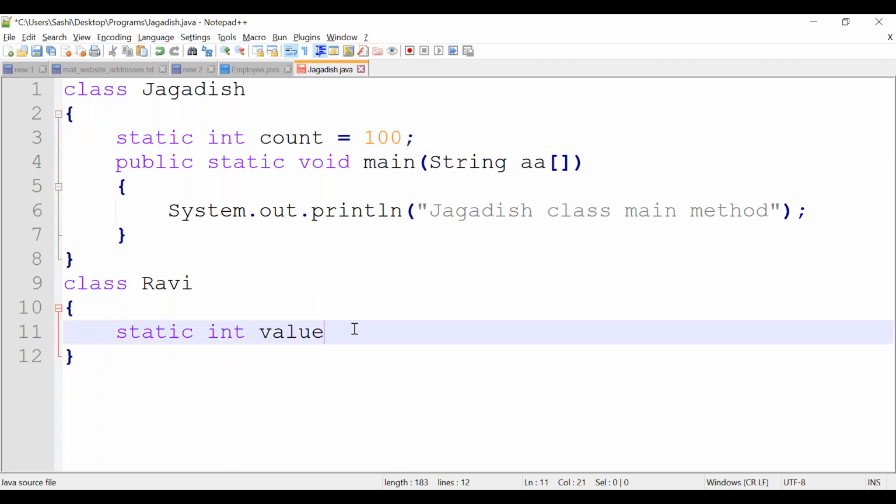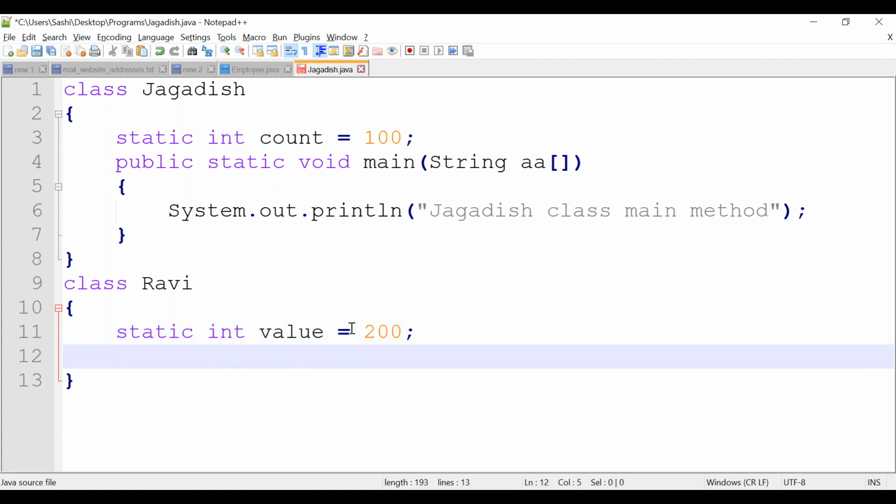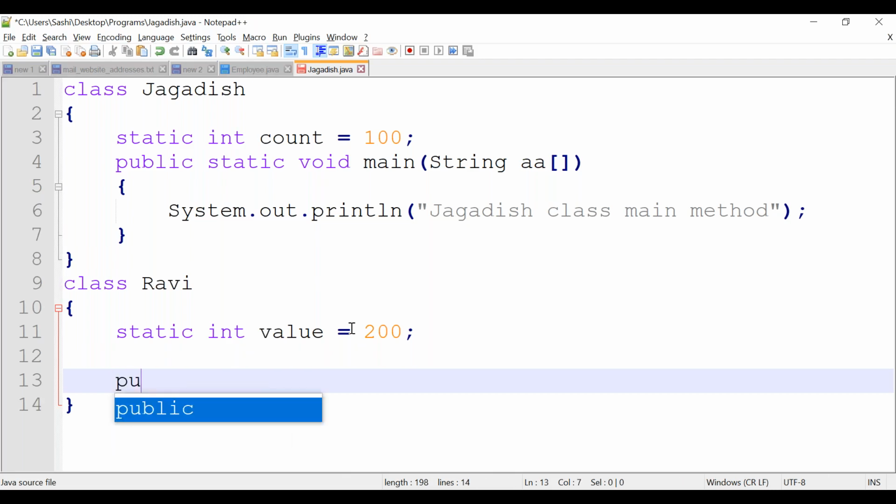Now I am declaring one more static variable, that is value. I am going with one more method.